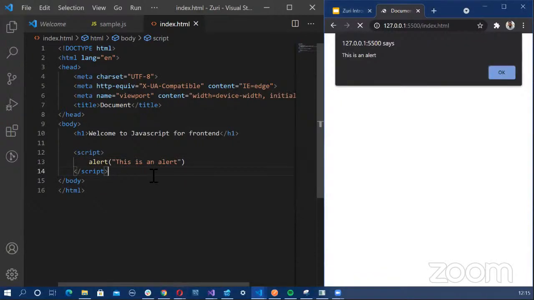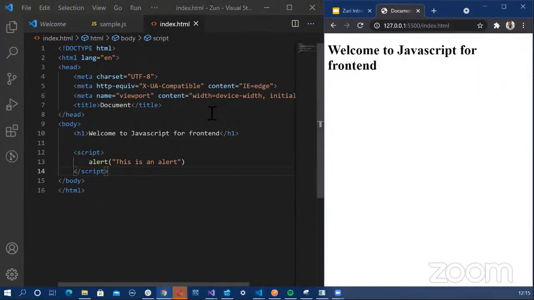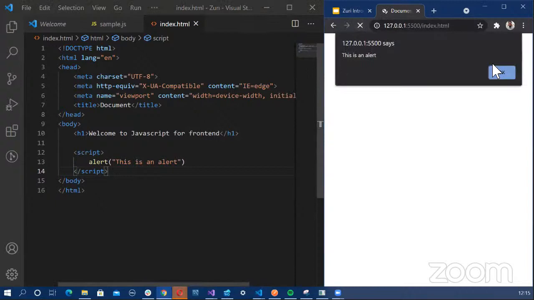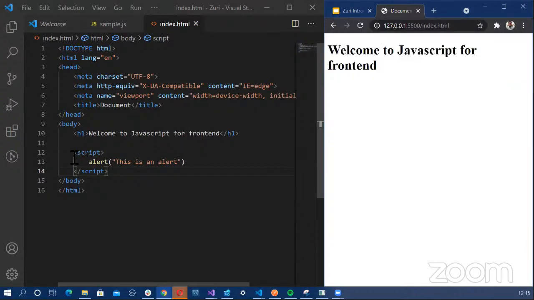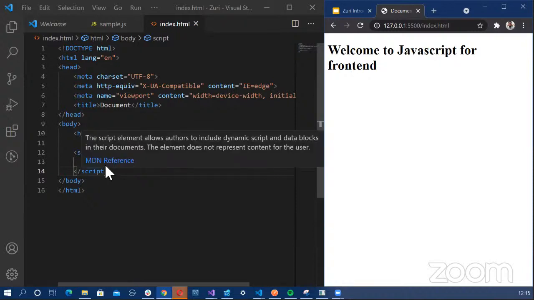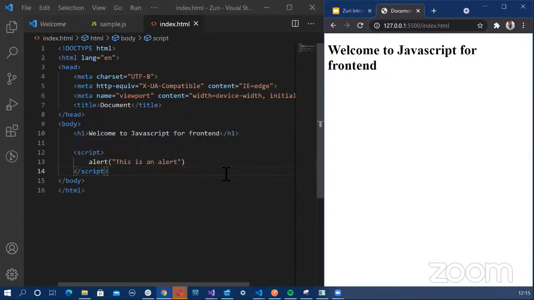So if I save this now, we have something different. Now, instead of having just ordinary text, what do we have? We have an alert. Something telling us that, okay, this is an alert. So you can save that. And if I refresh again, it comes up. So that is the first method of bringing in JavaScript into your HTML page. The second